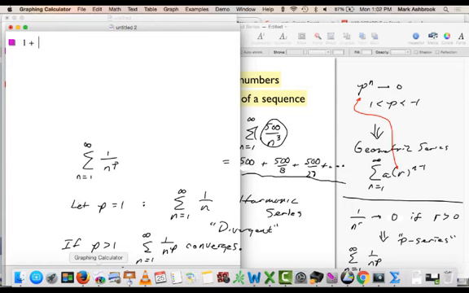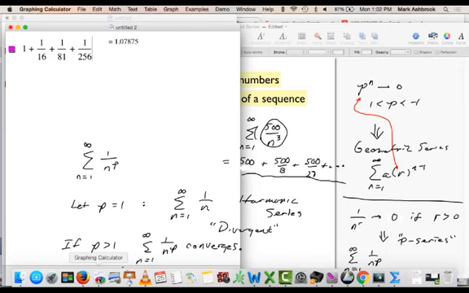One plus 1 over 16. So notice we're at 1.0625. Now 1 over 81, 1.07, plus 1 over 256,